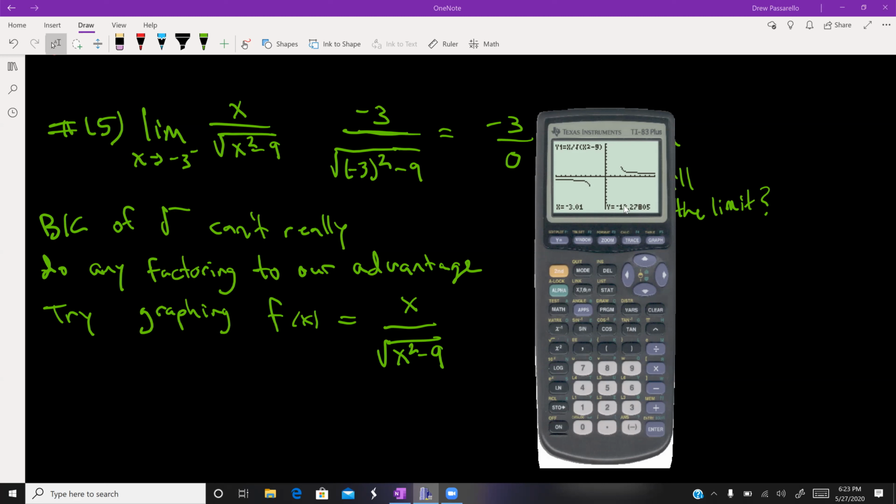You can hit trace and see that the y coordinates will get really big. So if I tried -3.001, you see it jumps down to -38 point something. And I keep hitting trace, getting closer and closer to -3. You see that it jumps down to -122 point something. So really this graph goes down forever